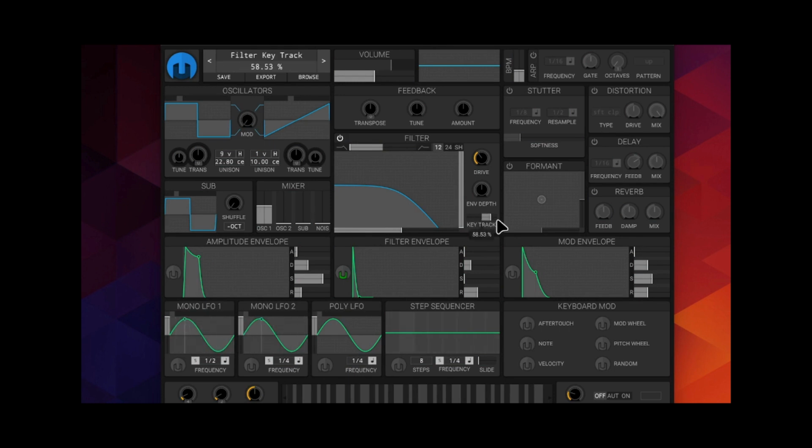Basically what key tracking does is that it changes the cutoff value of the filter depending on which notes you play on the keyboard. Usually you're gonna use a positive value for the key tracking. And in that case, the higher the notes you play, the higher the cutoff value of the filter, and vice versa. So if I play the lowest notes on my MIDI keyboard,